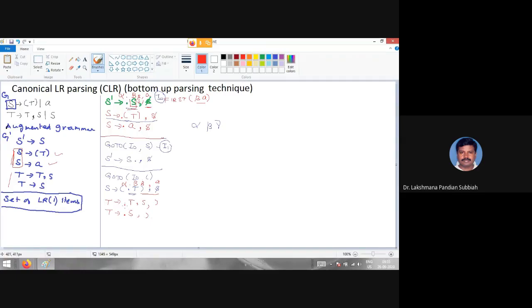Now after that, if you are having T, once again you have to expand. After that we are having T, right? Once again you have to expand. What will you get now? T derives T comma S. So T is that alternative. You have to take that alternative, T derives T comma S. You have to put a dot in front of it. Now we are going to find out the lookahead. So we are deriving from here only, so you have to take from this one and find out the lookahead.